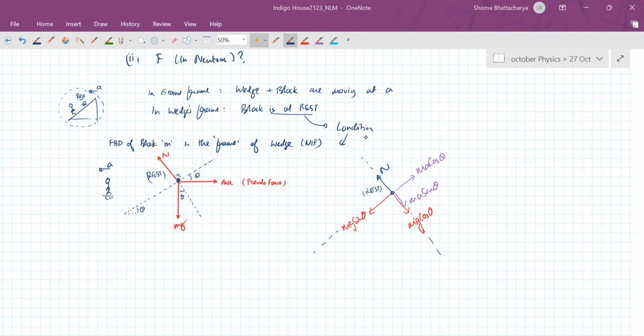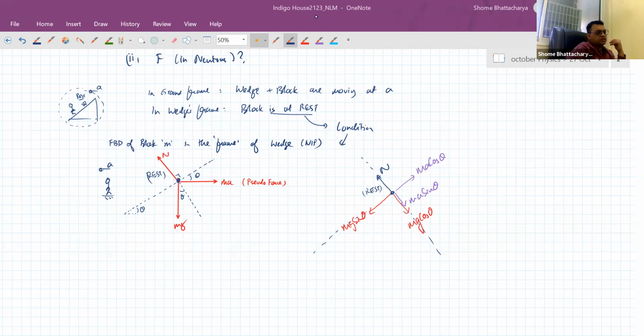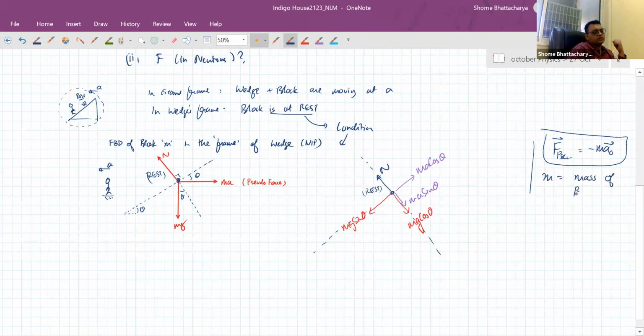Sorry, the ma cos theta that you have marked in the FBD is equal to the pseudo force, no? Yes, if small m is the mass of the block. And Siddharth, just to answer your question, that is not in fact the case. We have defined pseudo force very clearly. Pseudo force is equal to minus m a naught in general, where m is not the mass of the body on which the body is there. m is the mass of the body whose free body diagram we are making, whose FBD is considered.